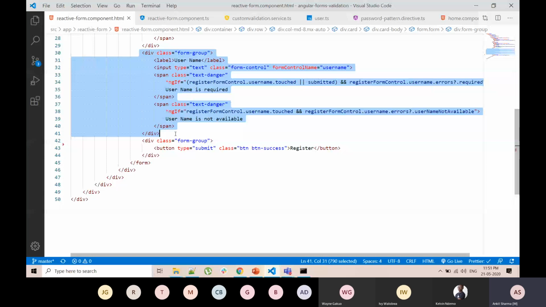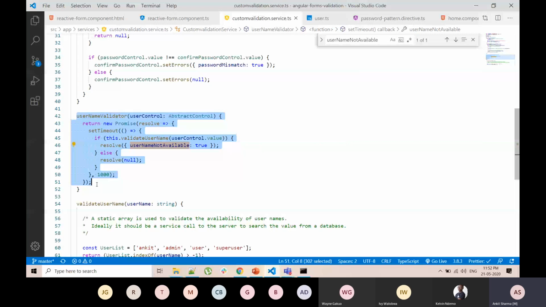Do you remember where we set this property? We set it here in the custom field validator. If this particular method is called and it fails here with username not available, then this property is bound to this particular form control, and if that is set to true, then we will get the username not available error message.